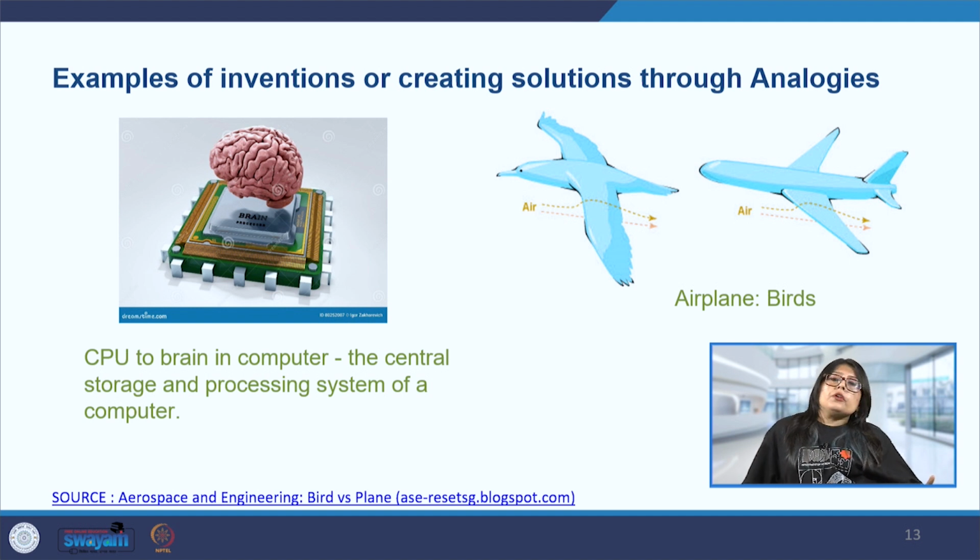And also often the CPU, the central processing unit of the computer, is compared with the human brain, because the function is quite similar. Just as the human brain carries out functions, similarly the CPU is responsible for carrying out the functions. No matter if we have a very nice looking screen and a wireless mouse and other things, if there is no CPU, then the screen and the mouse are of no use to us. So similarly, we can see how it is essential, just like the brain is for the human body to operate.